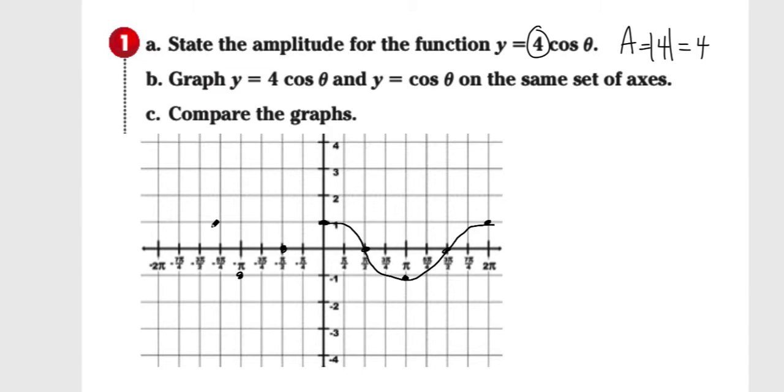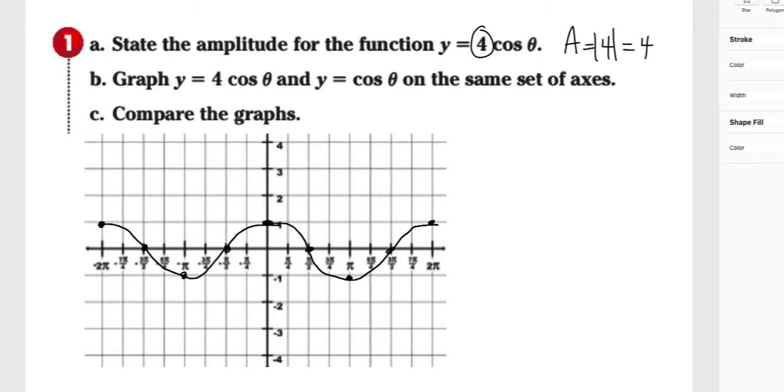Minimum value down here, maximum value at -2 pi. It's going to cross 0. And so we're going to continue this curve in that direction. And so you all know, hopefully by now, that in order to deal with this coefficient, basically what we're doing is we're going to take each of these values and multiply it